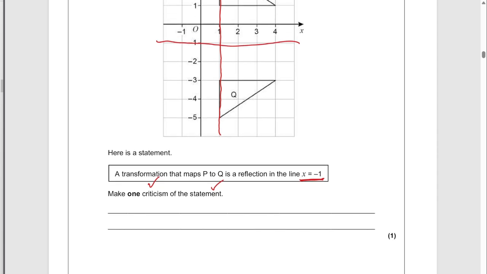So one criticism of the statement: the reflection is in the line y equals -1. Okay,